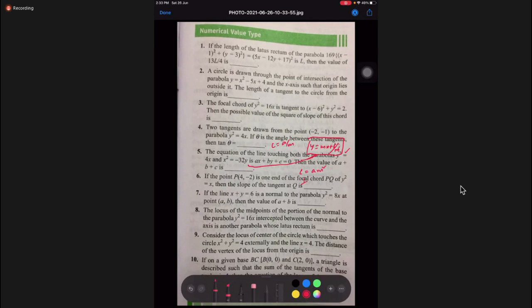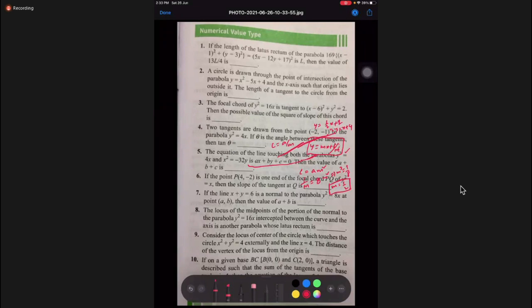In place of c we have 1 by m, so 1 by m equals, in place of a, 32 means 8, 8 square, m square. So m cube is 1 by 8, so m is 1 by 2. If I put m as 1 by 2 here, I get the answer. So y equal to 1 by 2 x plus 2, that is 2y equal to x plus 4. You can compare with the given equation and get the answer.